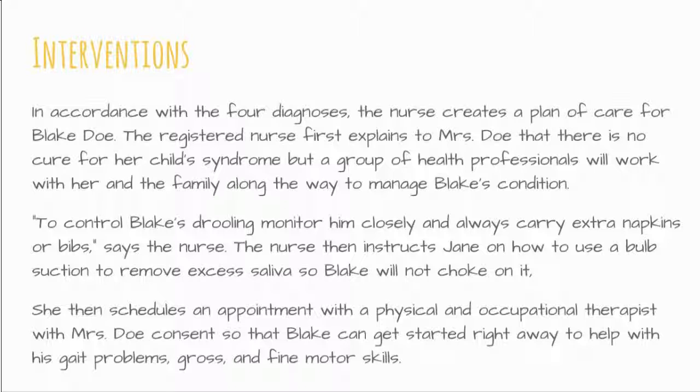In accordance with the 4 diagnoses, the nurse creates a plan of care for Blake Doe. The registered nurse first explains to Mrs. Doe that there is no cure for her child's syndrome, but a group of health professionals will work with her and the family along the way to manage Blake's condition. To control Blake's drooling, monitor him closely and always carry extra napkins or bibs, says the nurse. The nurse then instructs Jane on how to use a bulb suction to remove excess saliva so Blake will not